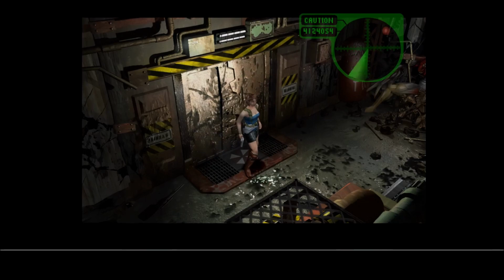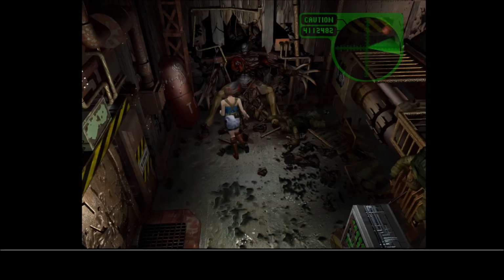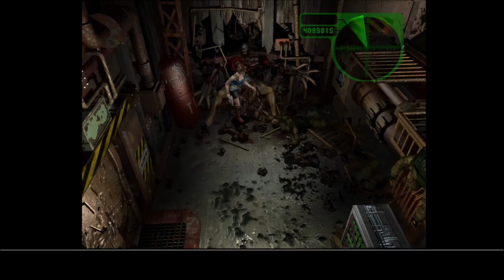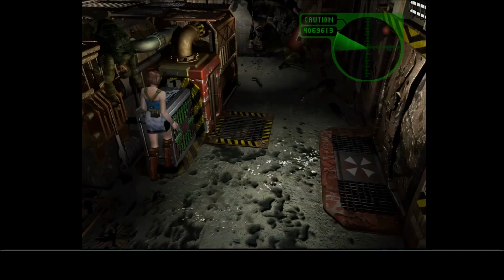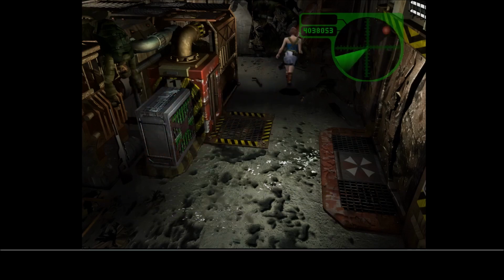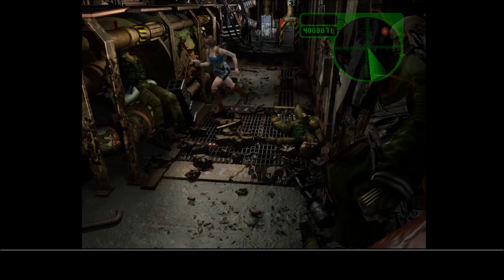Let's go. Look at this dead tyrant. Look, this is one of Umbrella's deadly bioweapons. Look at this one too, smashed against the wall. They were no match for the railgun. Look at that, they all have the